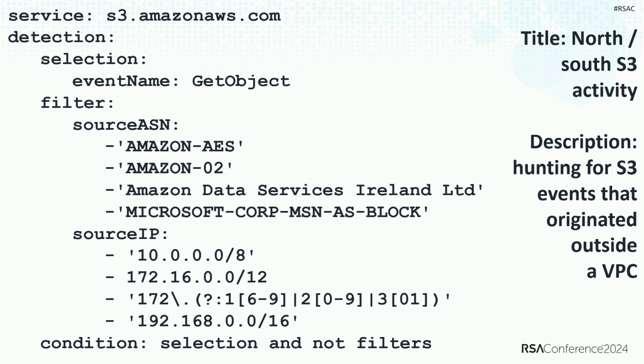So if you do this, the odds are in prod, there's not a ton of normal S3 activity coming from outside the cloud environment, from out in the world. There'll be some that's quantifiable and explicable, but there won't be a ton. And where we have sources of S3 activity from out on the internet that are extremely sparse and extremely rare, or that are new and have never been seen before.